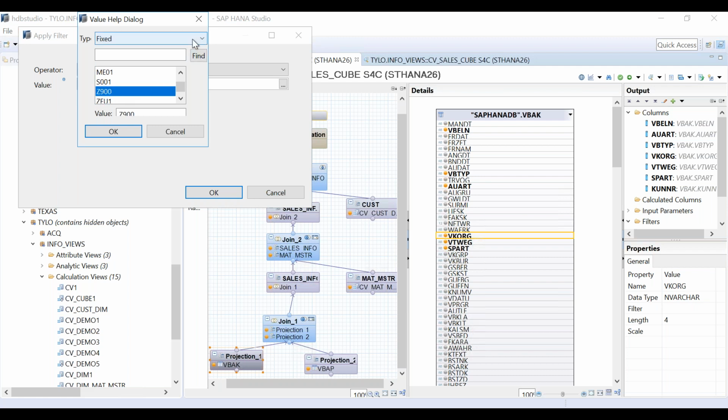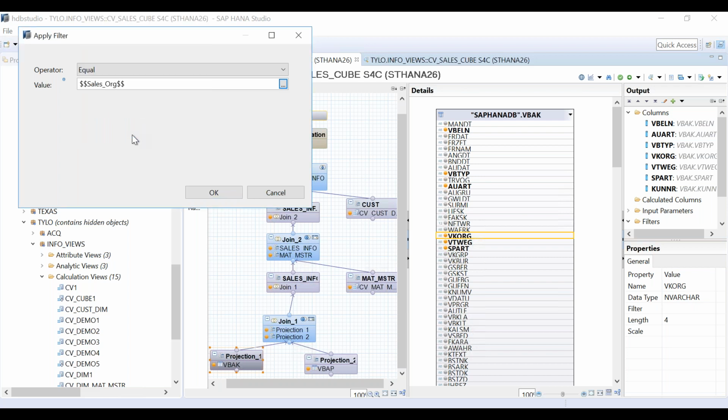So instead of fixed, click on input parameter. And then you see you can use either of them. But which one do we need? Is it sales org, right? So the sales org input parameter will be used here as my filter. Very simple. Now click on OK.